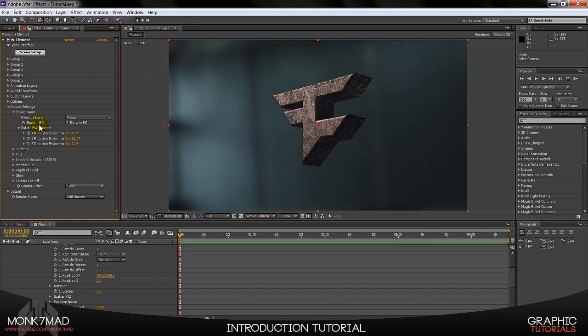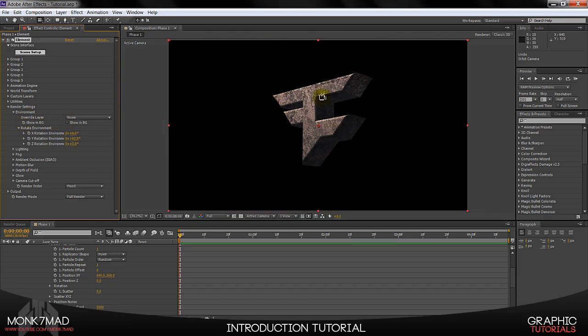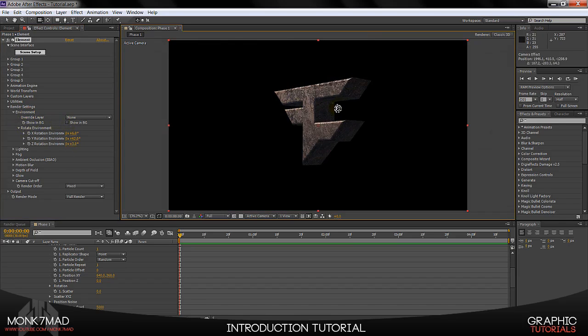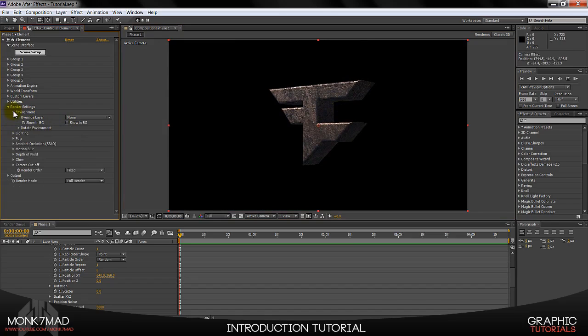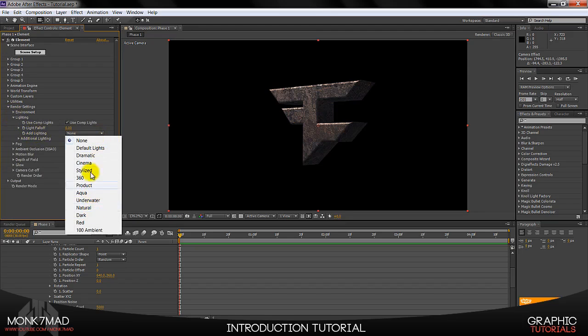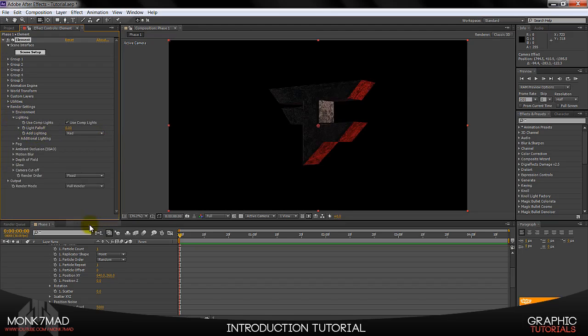So we've got that, and that's the environment. I don't actually want to show it because I want to add in other effects myself, and that's the environment section done for me. Then the lighting section. This is probably the most important bit. You go to where it says add lighting, and you can choose from the selection of lights which we had before. So we've got red again,